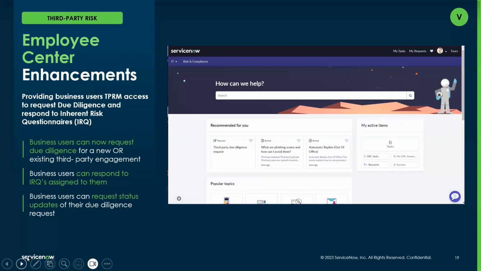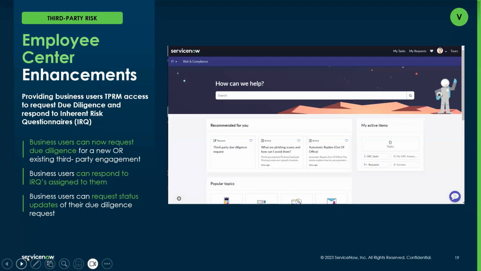So next, Employee Center. As you all are probably aware, the Employee Center was released about 2 releases ago, and that's ultimately the single entry point into the platform for internal folks. So we run it at ServiceNow. It's where I go to either submit training or to request a new application on my computer.